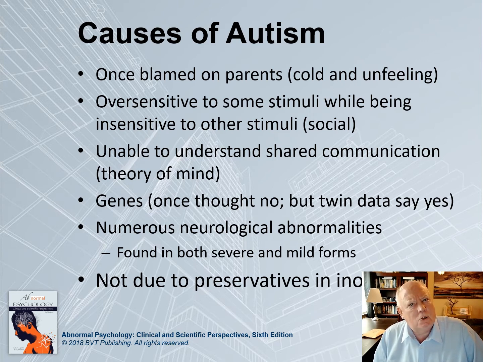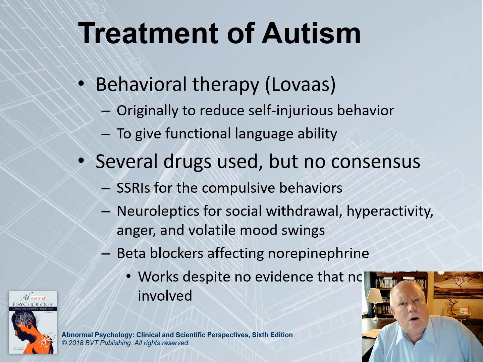Now, when something's genetic, can we treat autism or the autistic spectrum disorder? I'm going to focus first on autism. The treatments that have been used are primarily behavioral. They were introduced by someone named Lovaas back in the 60s and 70s. They were quite controversial when he first introduced them. And over decades, we have taken those techniques and made them gradually more effective. What Lovaas did is he started by decreasing, through punishment, the self-injurious behavior that is often found in autism.